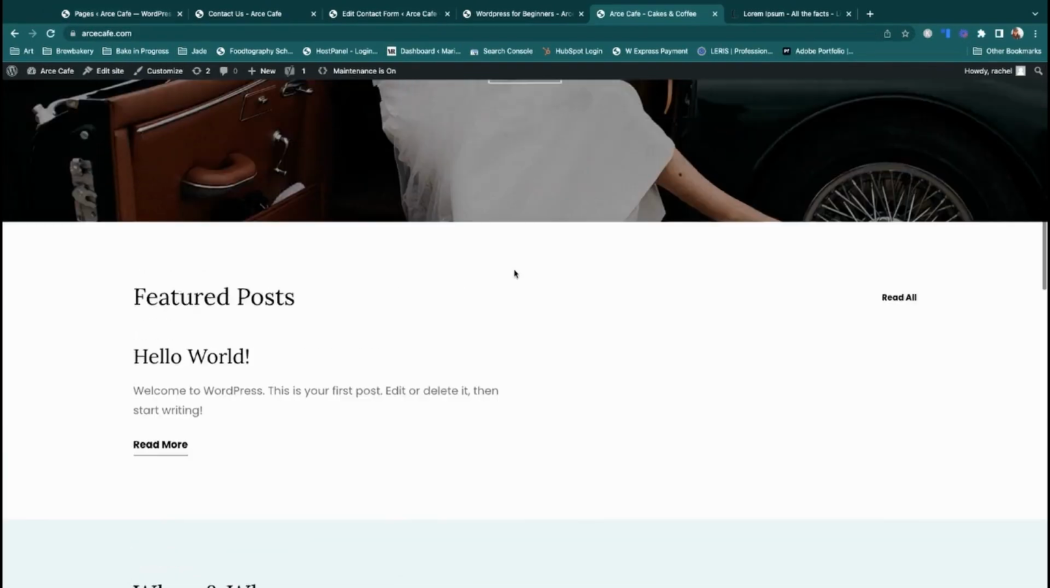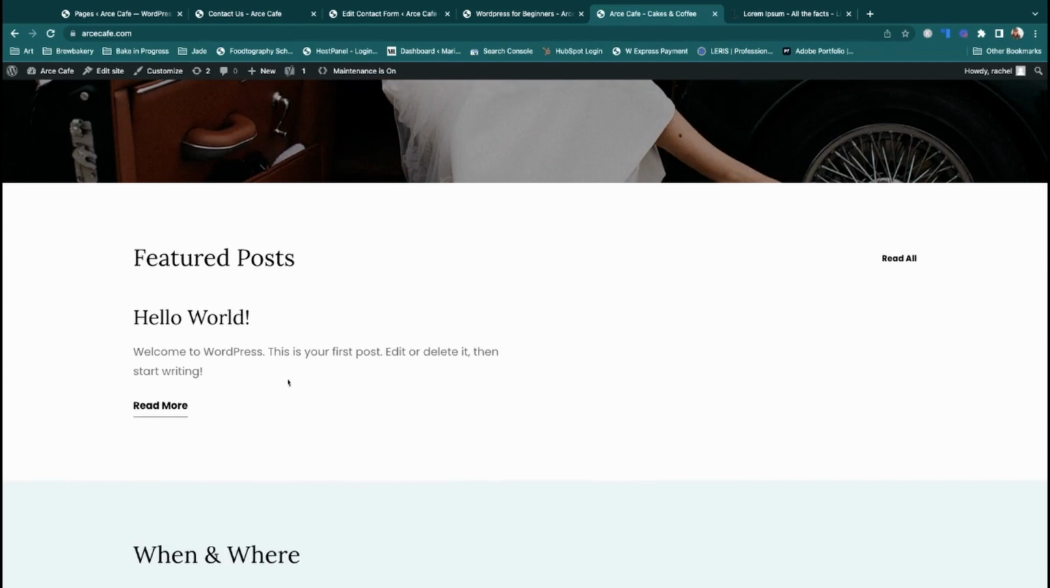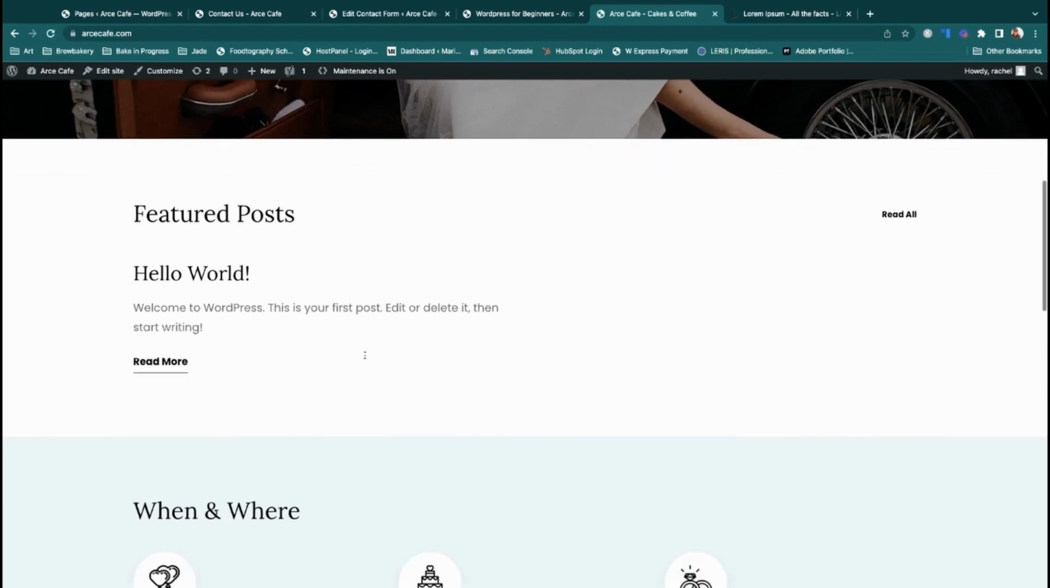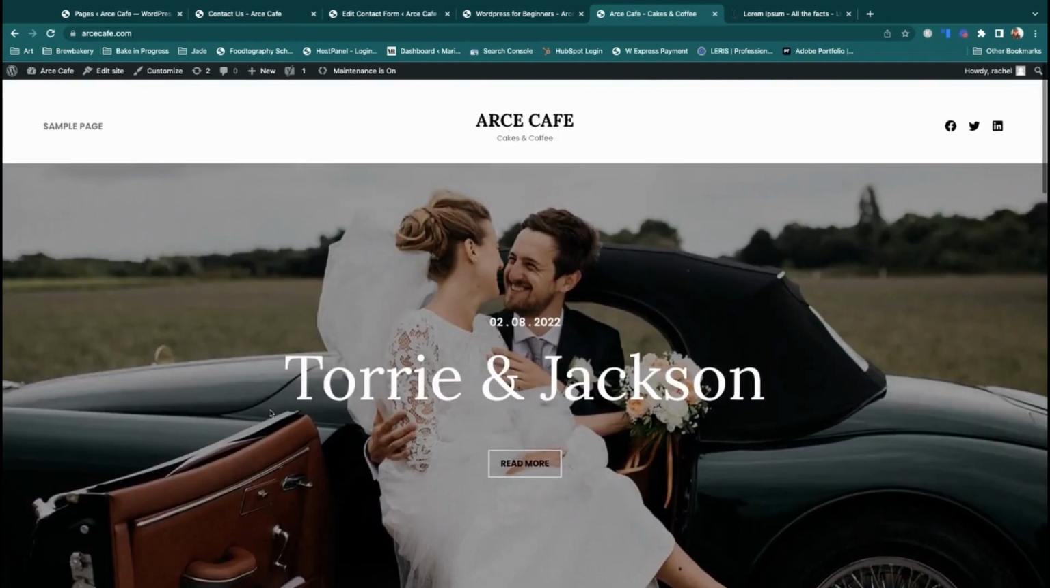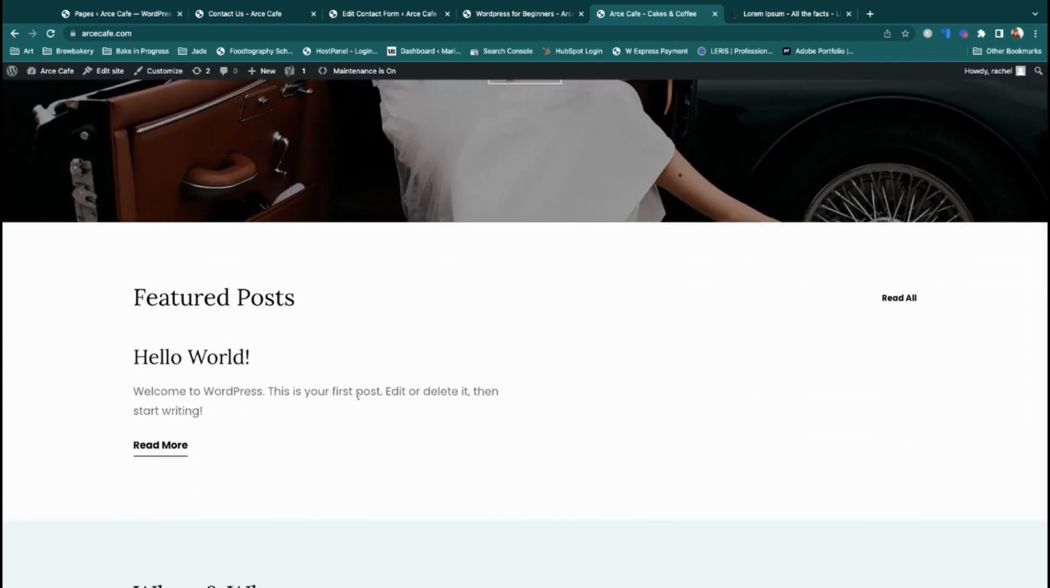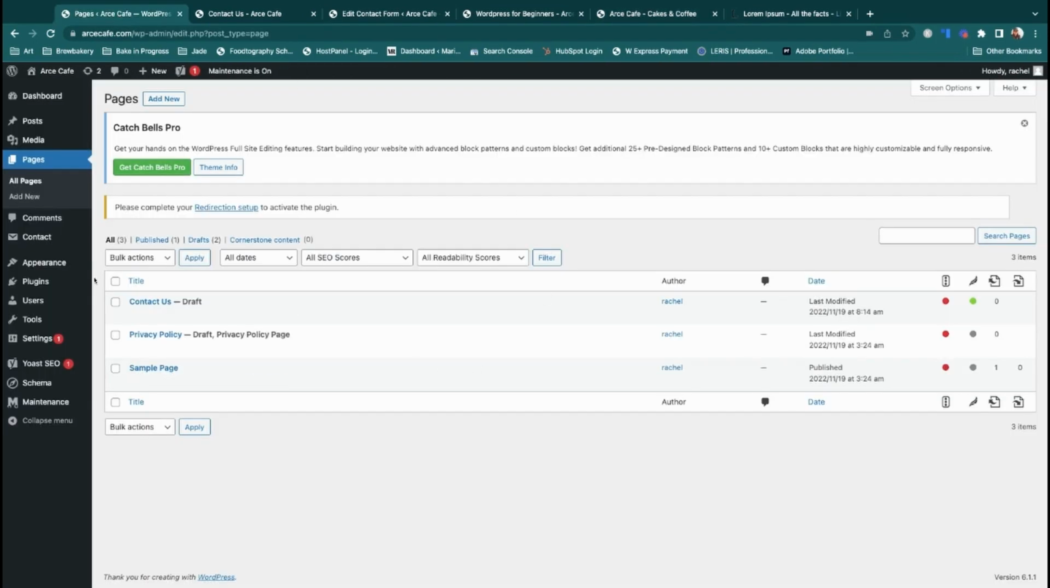Currently, the home page shows the latest blog post that we have. Let's refresh this. Actually, not the latest one, but the featured post that we have. So this is the home page, and we will be creating a specific content for the homepage that we'd like to show on our website. Let's do it. So again, under the pages menu, add new